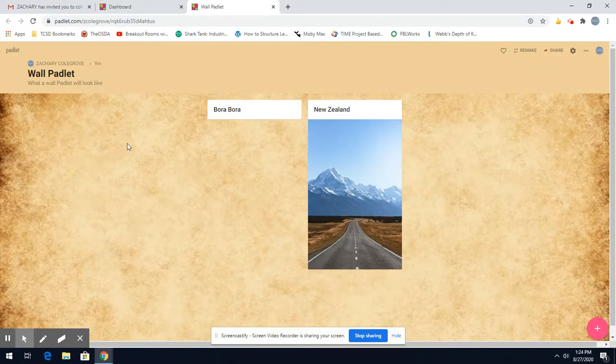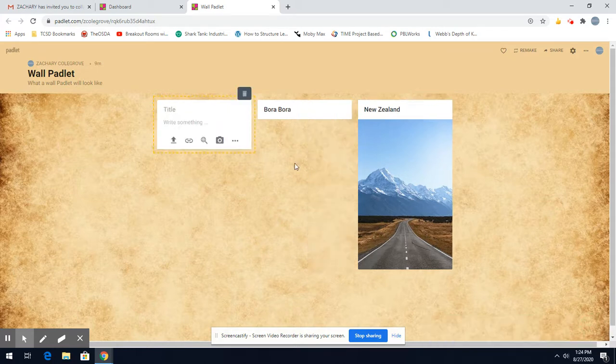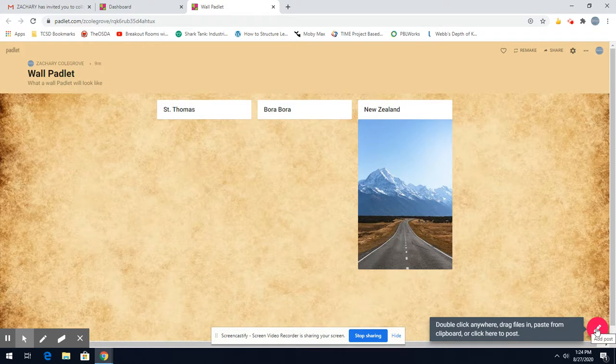So in the wall Padlet, if people have posted, it's going to look like this, and it's just a random assortment of different posts that people have made. So let's say the question that the teacher asked you was, where would you like to go on vacation in the future? You see somebody here added New Zealand, somebody added Bora Bora, they're not done with it yet, and you want to go to St. Thomas. You type in St. Thomas and you've added, now by using this button down here,